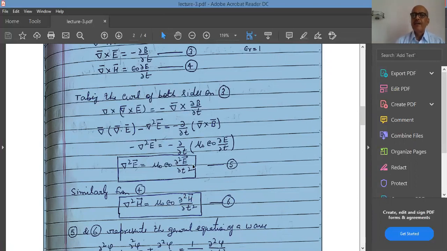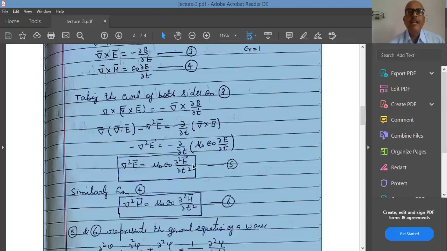If you recall the equation of a progressive wave, y is equal to a sine 2 pi by lambda (Vt minus x), or y is equal to a sine (omega t minus kx). There are several ways of writing down the equation. Differentiate it twice with respect to distance and twice with respect to time. And if you put it together, you will get del square y over del x square to be equal to 1 over v square del square y over del t square.